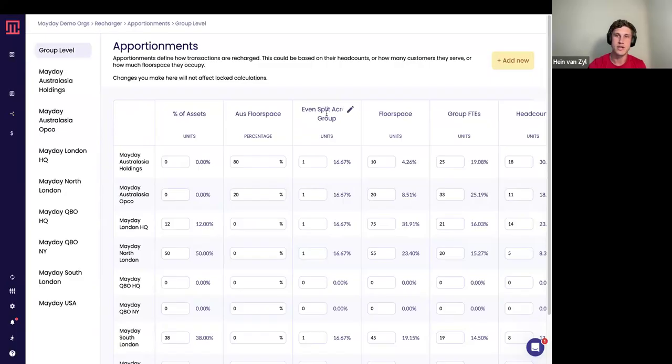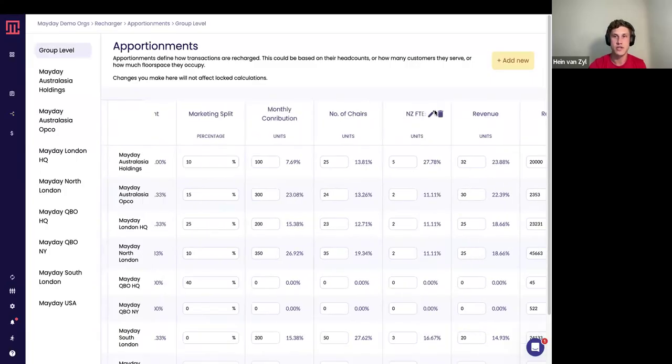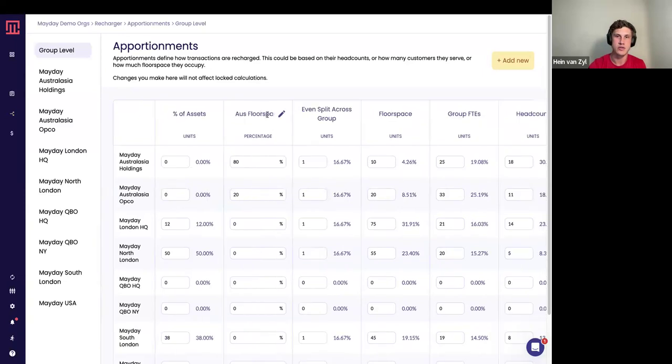But if an apportionment is used in an active rule, you'll see that you can't delete the specific apportionment. So if I have a look at an apportionment that's not currently used within an active rule, you'll see that there's the delete apportionment ability here. So I can just delete this apportionment. It's not being used in a rule and it will be removed. But if I have a look at all of the other ones in here, such as our Australian floor space, you'll see that the ability to delete disappears. That's just because this apportionment is used within an active rule, and if we delete it here, our rules would also be incomplete. So you aren't able to delete any in there.